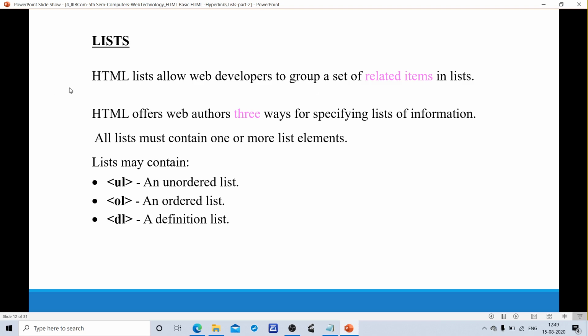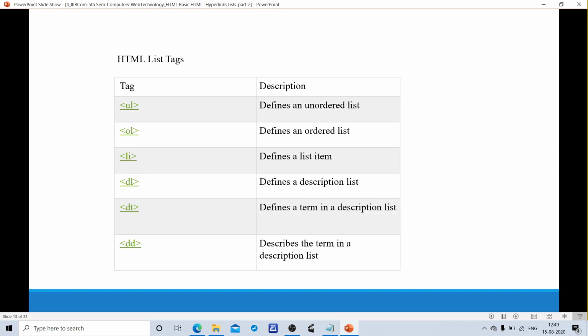An HTML list allows web developers to group a set of related items in lists. HTML offers web authors three ways for specifying lists of information. All lists must contain one or more list elements. List elements may be an unordered list, ordered list, or definition list. These are the HTML list tags.